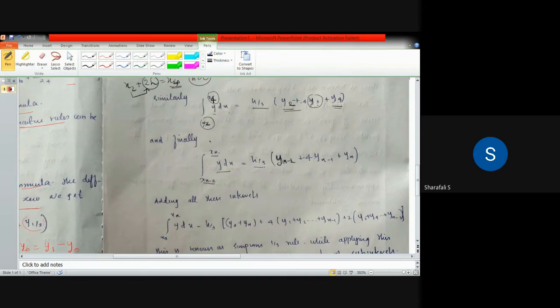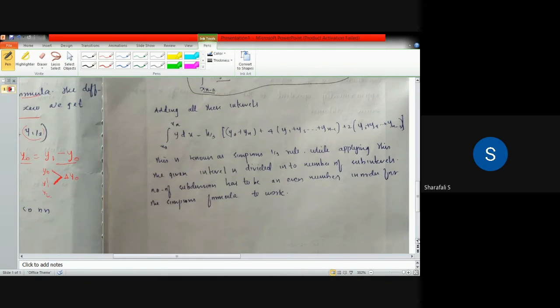So this is the general formula. If you are considering all those terms, from x0 to x2, x2 to x4, x4 to x6, all those terms up to xn, adding all those integrations, then you will get the complete integration of that particular function over x0 to xn, right? So I can write it as the integral from x0 to xn of y dx, which will be equal to h by 3